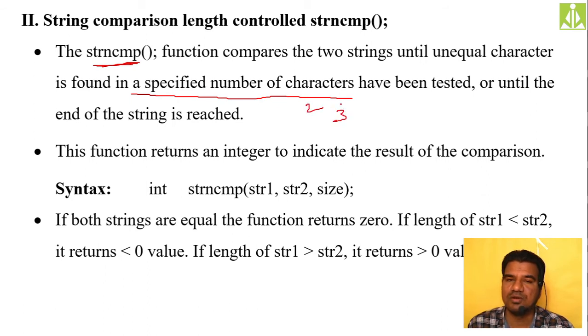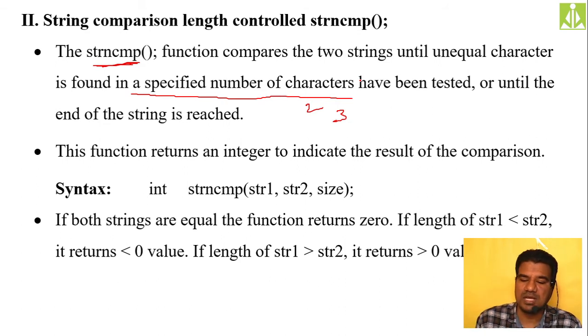If you say 3, it will check only the first 3 characters for a match. Even if the strings are unequal, if you have mentioned the size as 2 and those two characters match, it will return that both strings are equal up to the size.